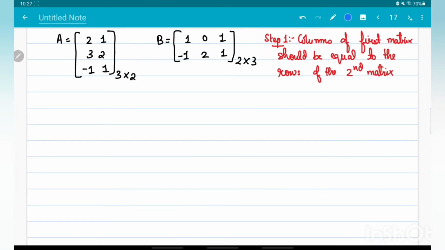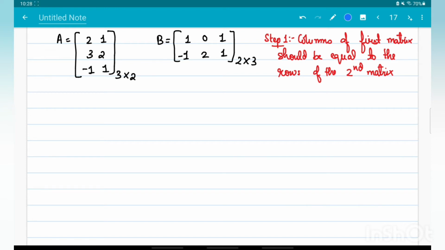Okay, so let us see how to multiply two matrices. Now, when we were doing the addition or the subtraction of two matrices, one thing that was very important to note was that both the matrices should have the same order. But in this case, when we multiply the two matrices, the first and foremost step that we have to check